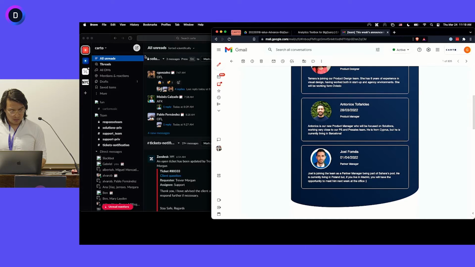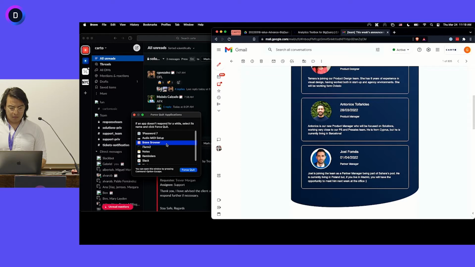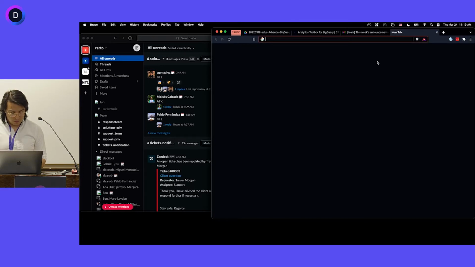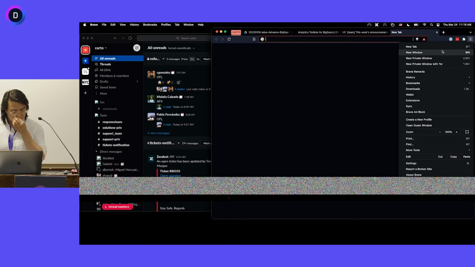Mozilla is not cooperating right now. You know what? Let's just use Brave. Yeah, Mozilla is... one second. It seems Mozilla is just crashing on me for some reason. Firefox is crashing on me for some reason. I don't know